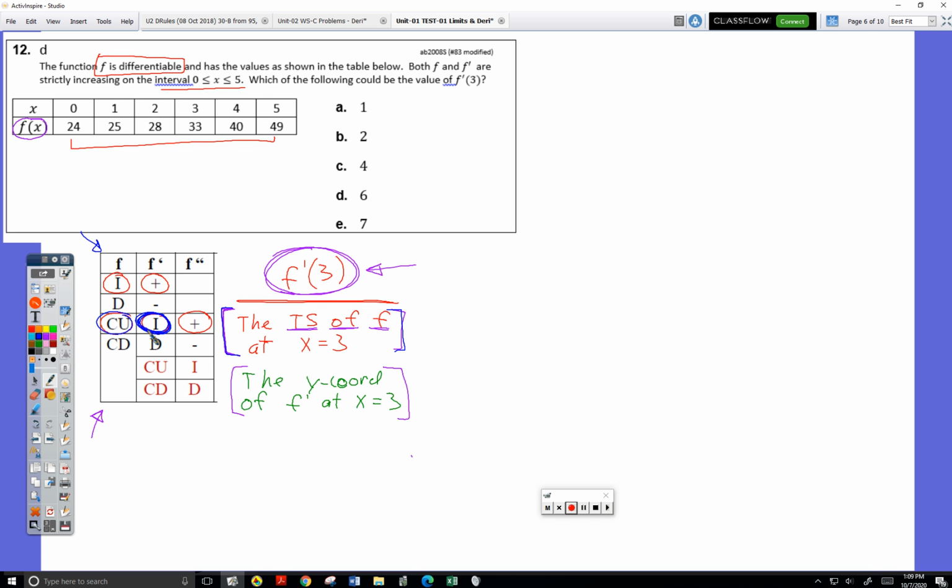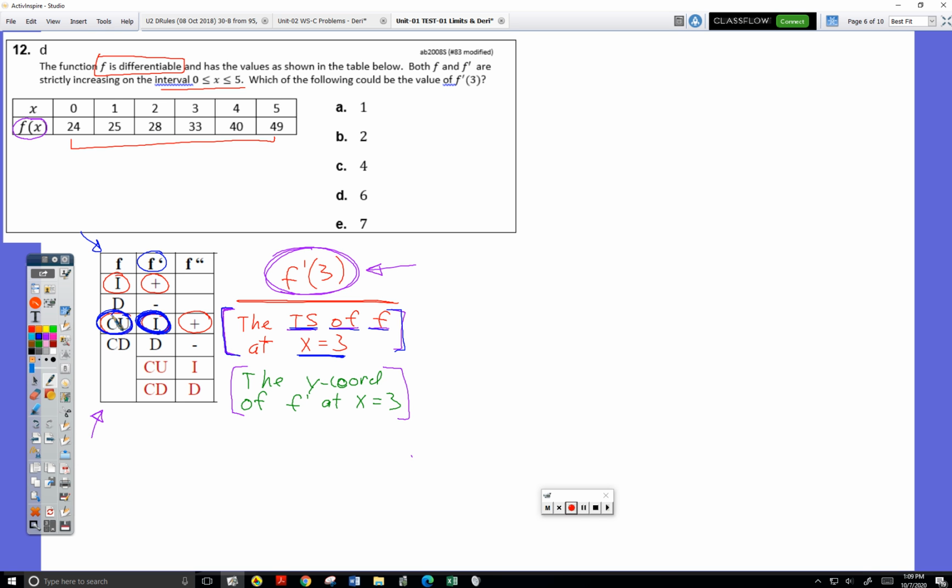I look at my clues and I know I am looking to figure out something about the tangent slope of f at x equal 3. But you can't actually find a tangent slope from a table. You can find secant slopes. So the connection is if f prime is always increasing, therefore f is concave up, that means when I look at the graph of f,